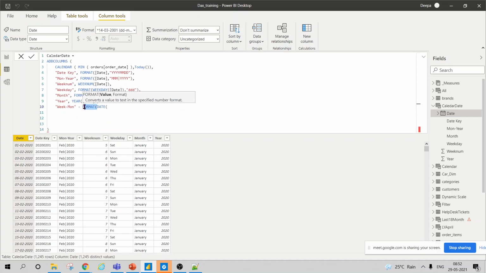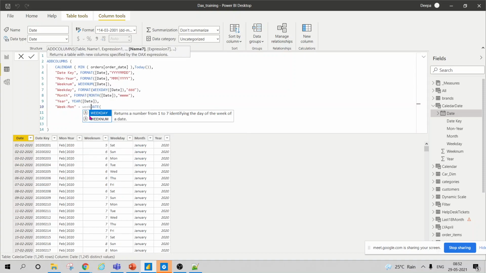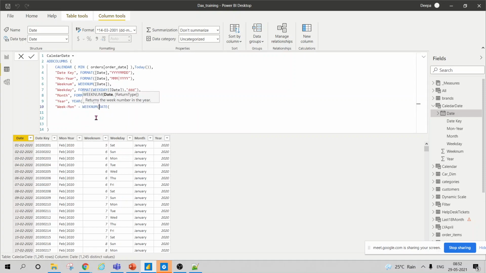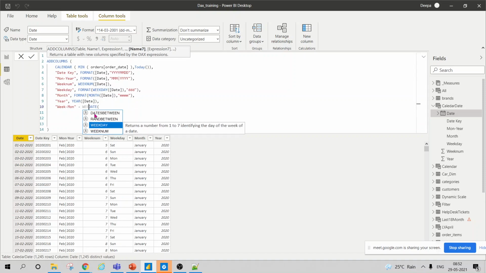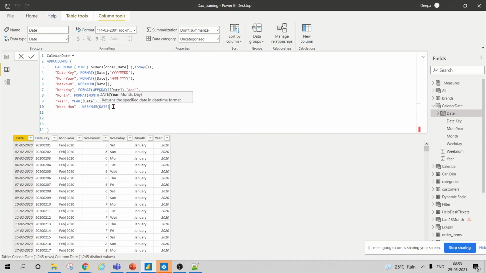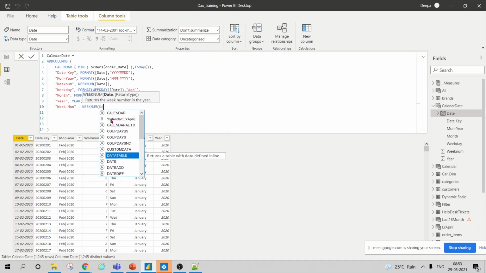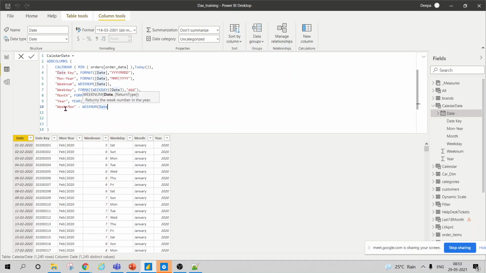So I will first get week number, weekday for my date function, date calendar, date. So where is my date? See, there is some error in this function. I'm not getting date.